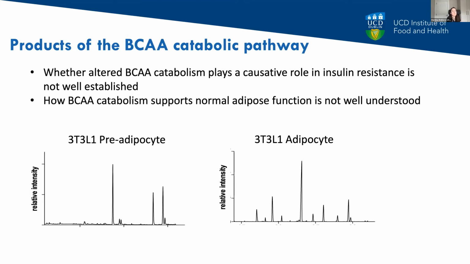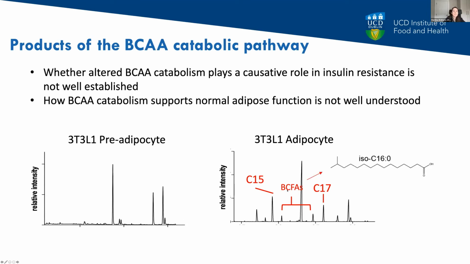So what we found when we differentiated these adipocytes is that, in addition to the changes in carbon use, their fatty acid diversity also increased a lot with differentiation. Basically, this is a GCMS profile of a pre-adipocyte, and this is that of a differentiated adipocyte. You can see there are a lot more different types of fatty acids, and specifically we were seeing increases in the odd chain fatty acids C15, C17, and also these monomethyl branched chain fatty acids.